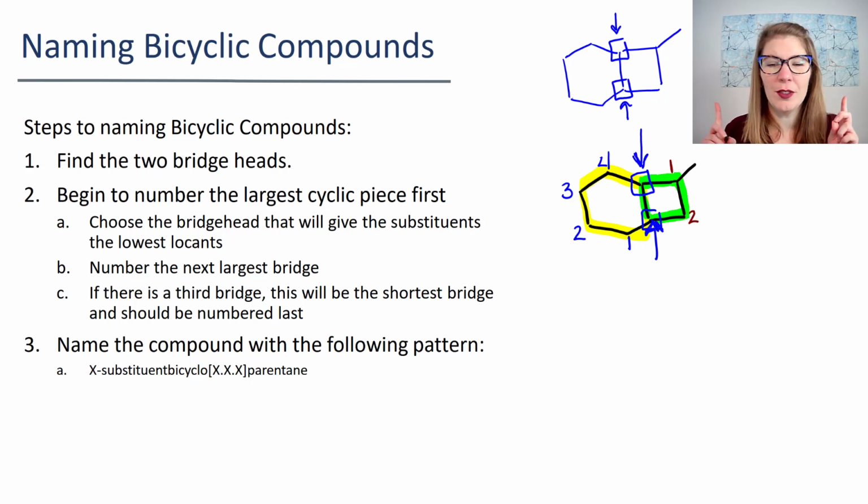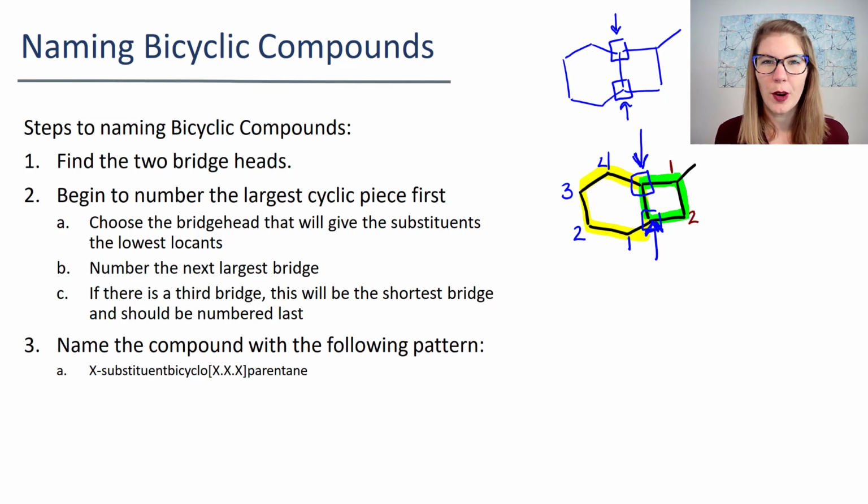So we've gone through a bunch of pieces and we're not done yet. We need to figure out how to put all these things together. All right, so we chose our bridgeheads, we found them. We chose a bridgehead and then moved along and counted how many carbons were in our biggest bridge. And then we went to our next biggest bridge, and then we went to the smallest bridge. Before we take into account the substituent, I just want to write the rest of what the name is going